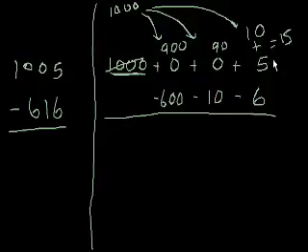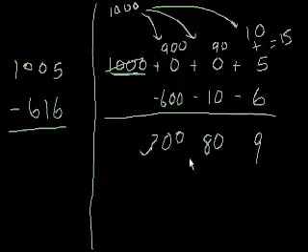And now we could do this subtraction just how we would do a normal problem. 15 minus 6 is 9. 90 minus 10 is 80. 900 minus 600 is 300. So 300 plus 80 plus 9 is